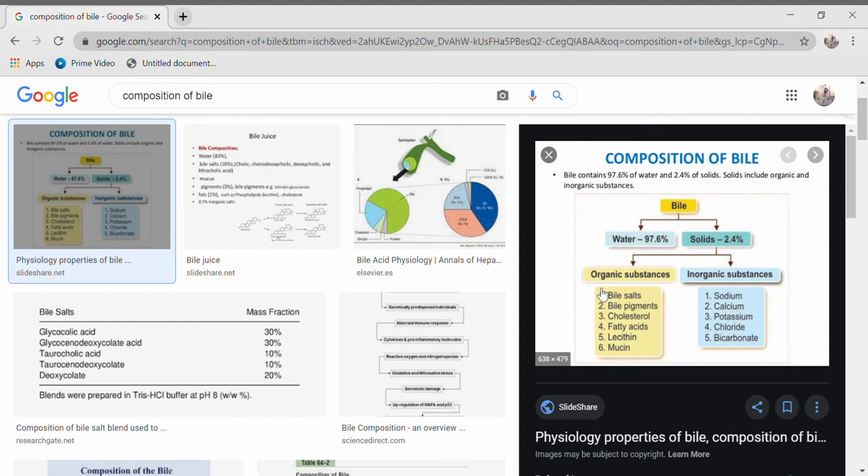Whereas in case of organic substances, you should be very specific. Bile salts, bile pigments. What are the bile salts? Like adding of sodium and the potassium, the bile acid becomes a bile salt. Okay, bile pigments are the bilirubin and biliverdin, cholesterol, fatty acids and free fats, lecithin and mucin. Okay, these are then alkaline phosphatase. Okay, these are all the organic substances. What are the organic substances? Bile salts, bile pigments, cholesterol, alkaline phosphatase, fatty acids, lecithin and mucin. Whereas inorganic substances, you have to know about all the cations and the anions. This is the bile composition.